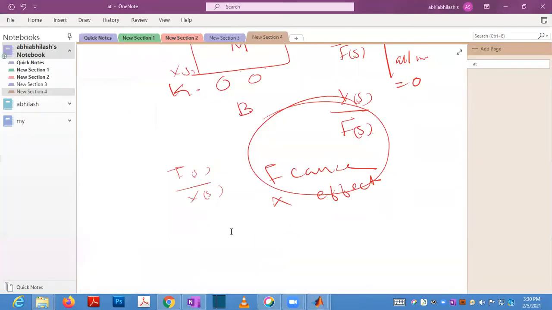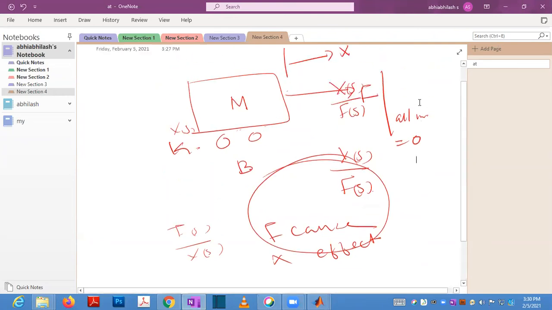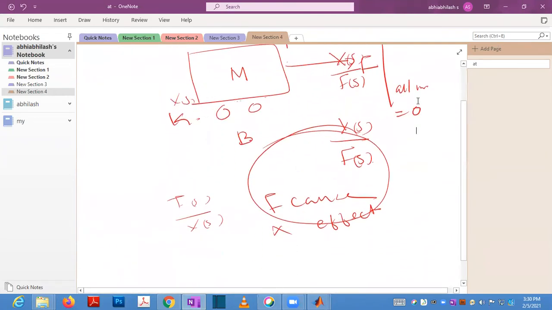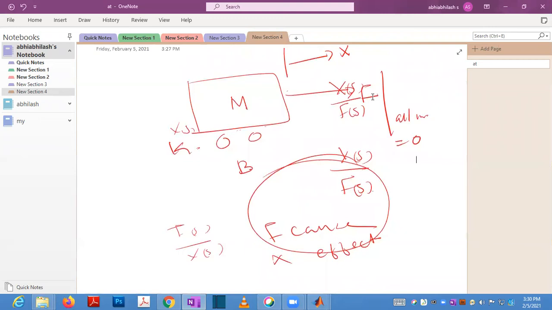Sir, yes sir. This transfer function will be x of s to f of s. Sir, the transfer function will be output by input. Yes, for this system shown here, what should be the transfer function? Sir, output is x and the input is force. Yes, you have to derive this one.